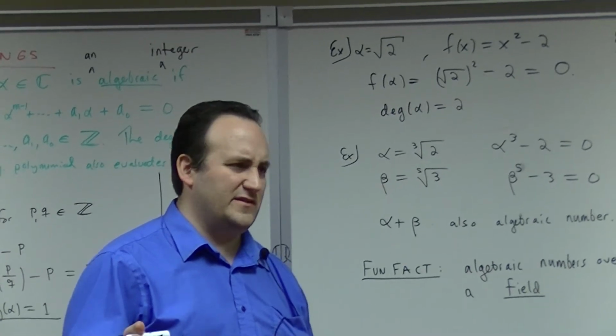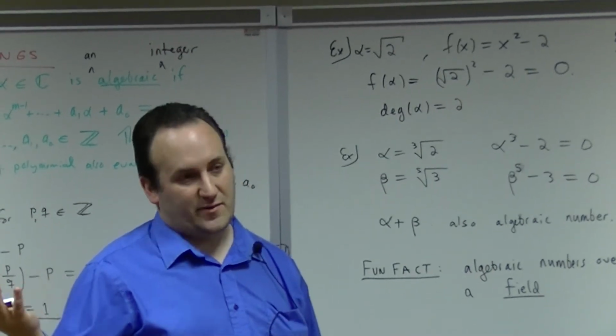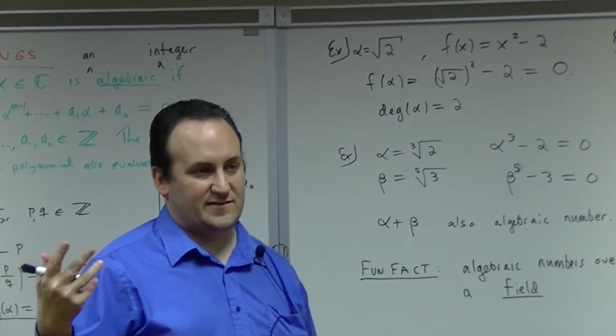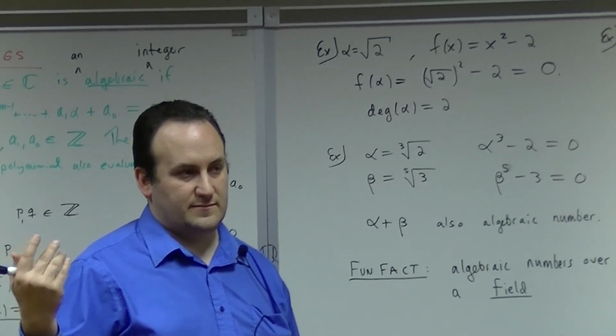Is 0 an algebraic integer? Is 0 a rational number? It is, right? So its polynomial f of x is just x. So,